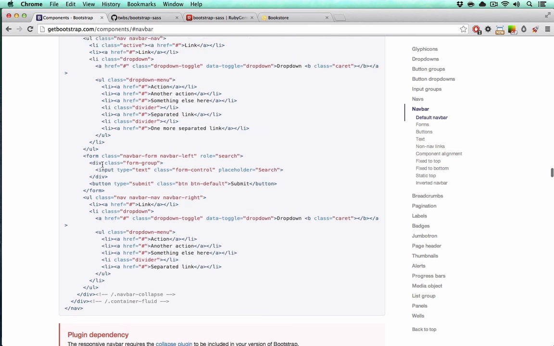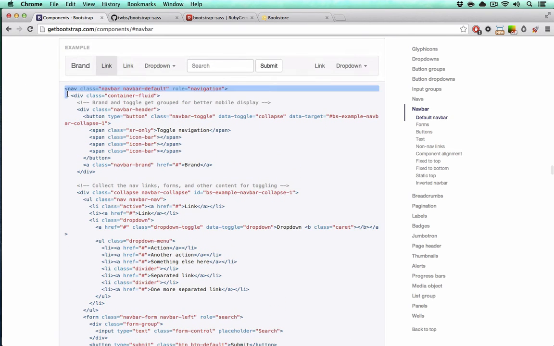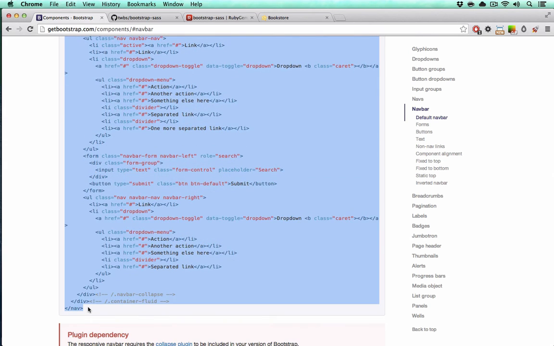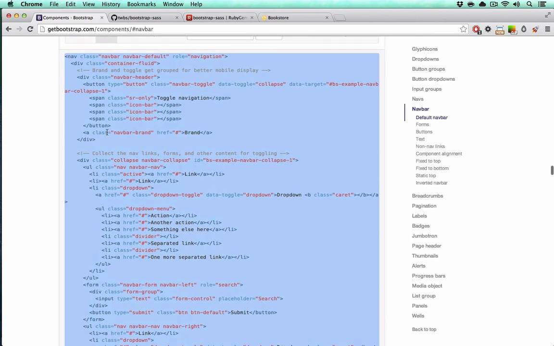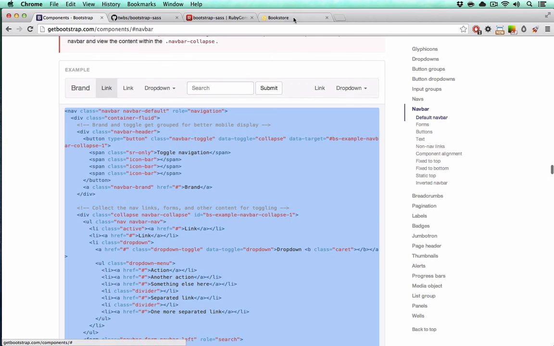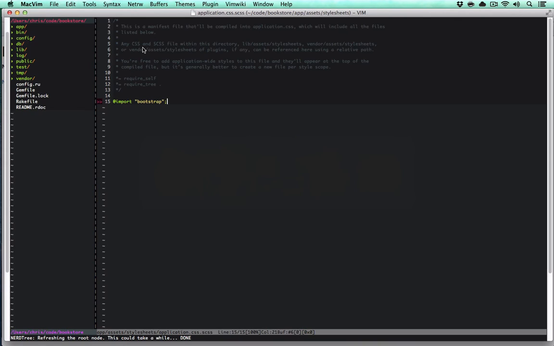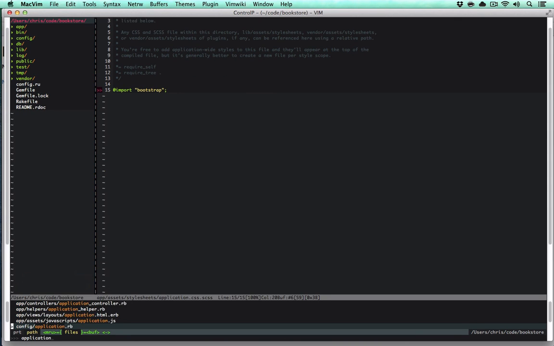Now we want to integrate this navbar code, so I'm going to copy this, and you'll be able to edit it later, but for now we'll just put in the example. So we want this navbar at the top here on every single page, which means that we want to put this inside of our application layout file. And instead of putting the code directly in this file,